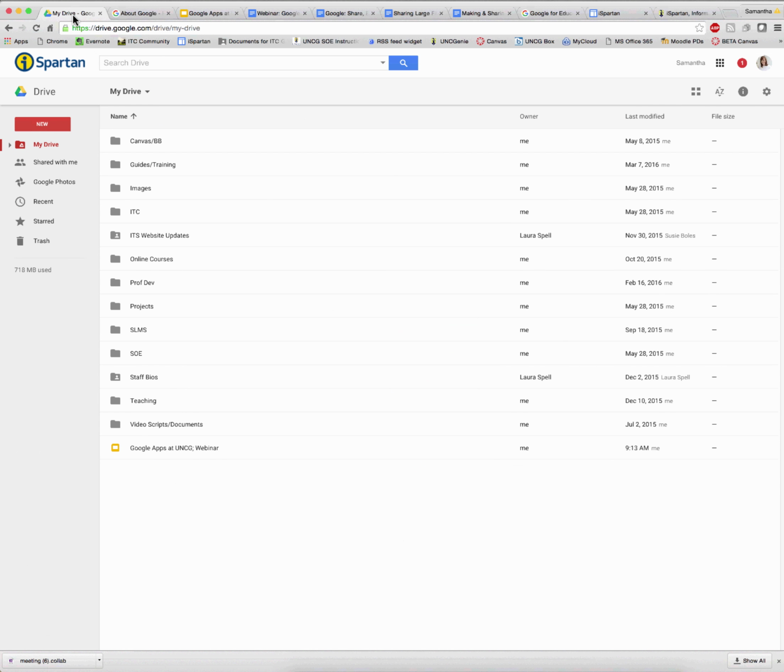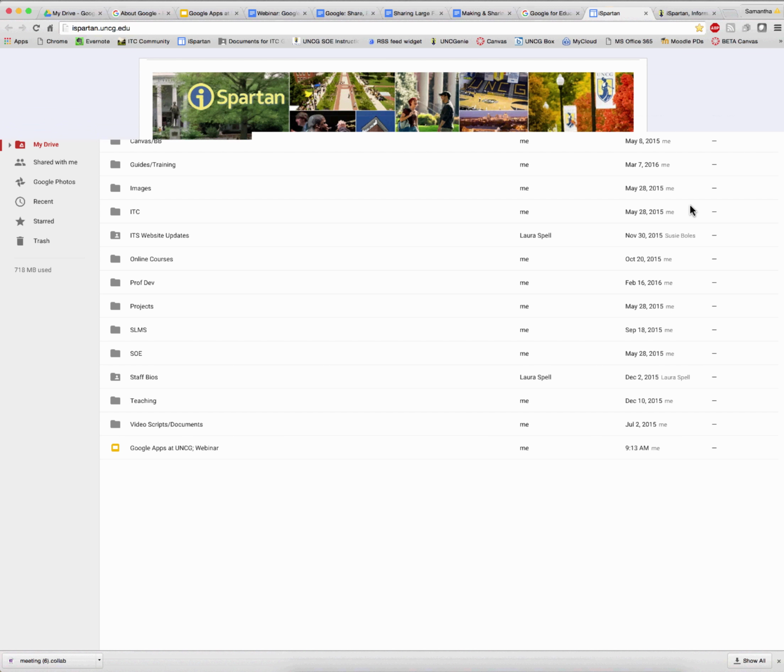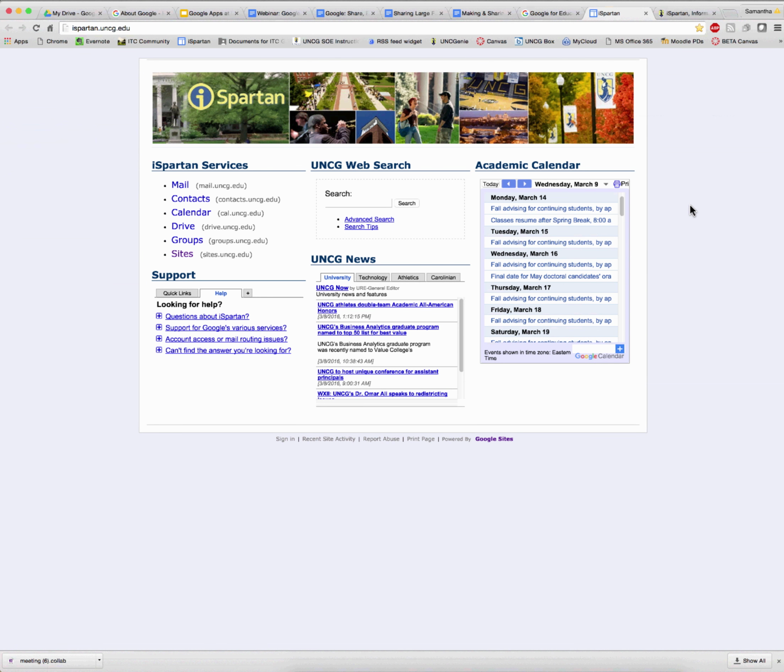So if we go back to Google Drive, the next thing I'm going to quickly talk about, and again, I'm going to share all this information with you when this is over. You'll get a link to a guide with all of these links. But UNCG does have support for Google since we are a Google campus. All of our Google accounts are run, they call it through iSpartan. So if you go to